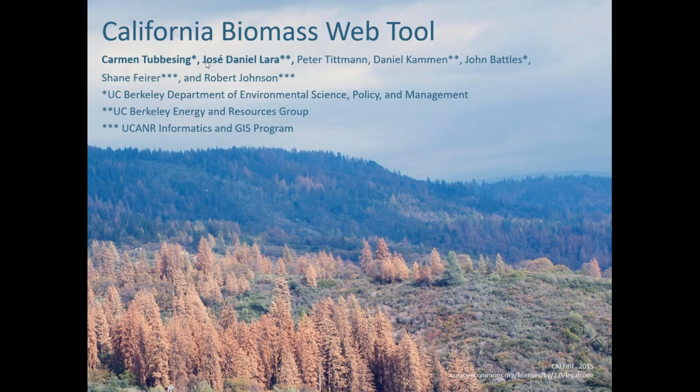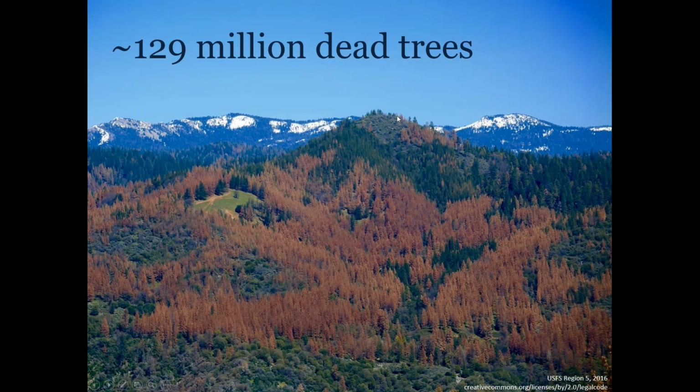So I'll start out by giving a bit of a briefer on the tree mortality crisis. I'm sure many of you are very aware, but 129 million trees have been estimated to die since 2012, according to the Forest Service. And actually, just a couple days ago, they came out with the 2018 numbers, which show that an additional 18 million trees died. So this 129 million number is a little bit outdated.